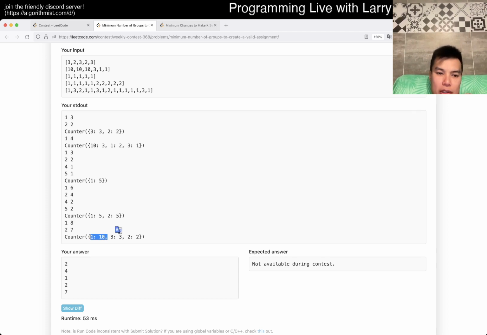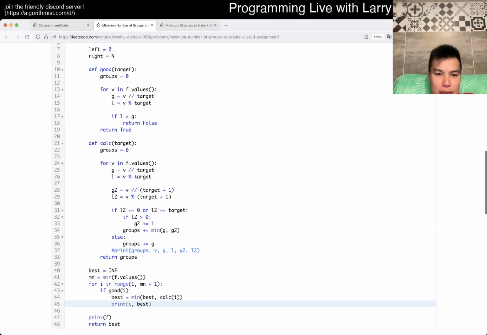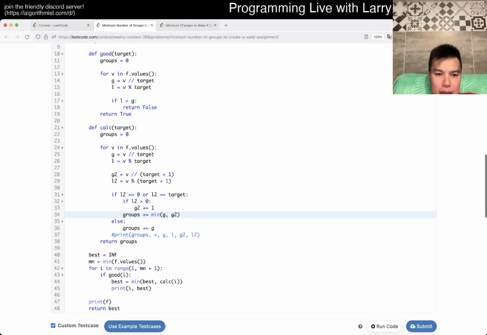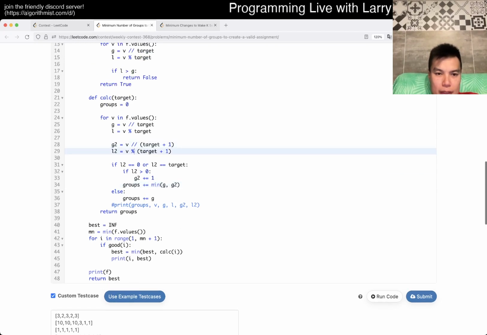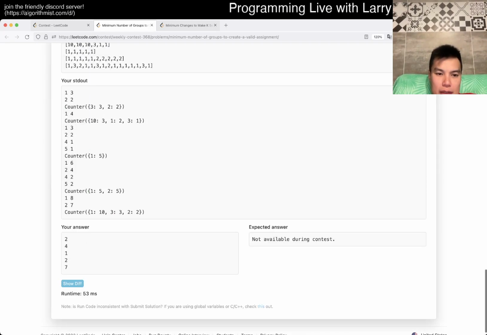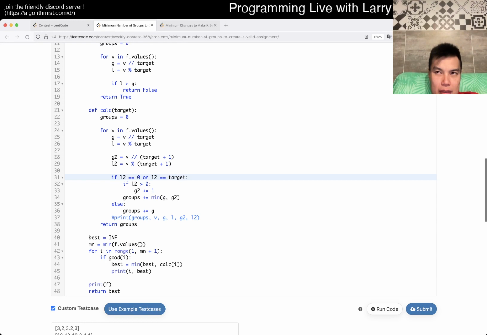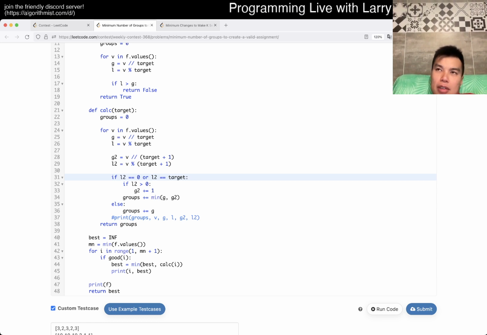Oh, this one we can also try. Wait, but don't. G2 is... So we tried 3, right? So 3. 10 is going to be 3 groups. And then the number of leftovers. So if the leftover is 0, that's fine. If the leftover is equal to target, I think it's just if this is